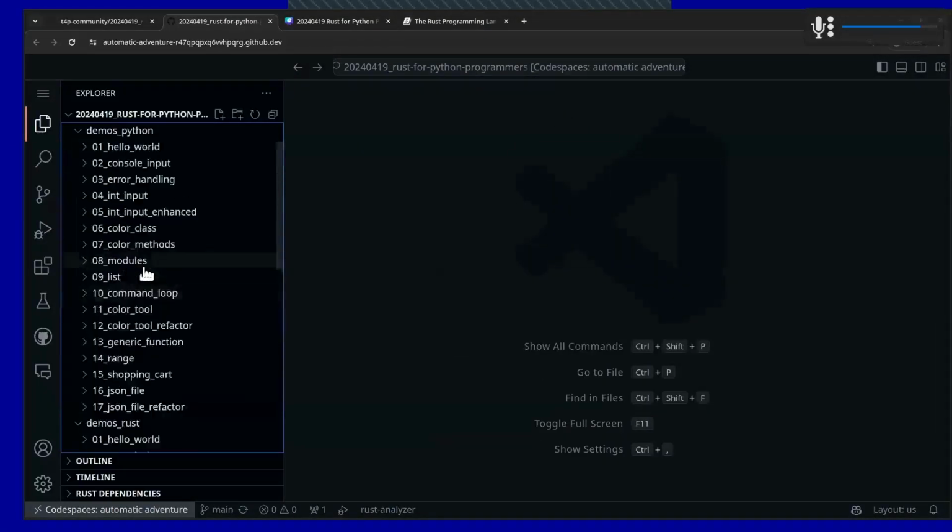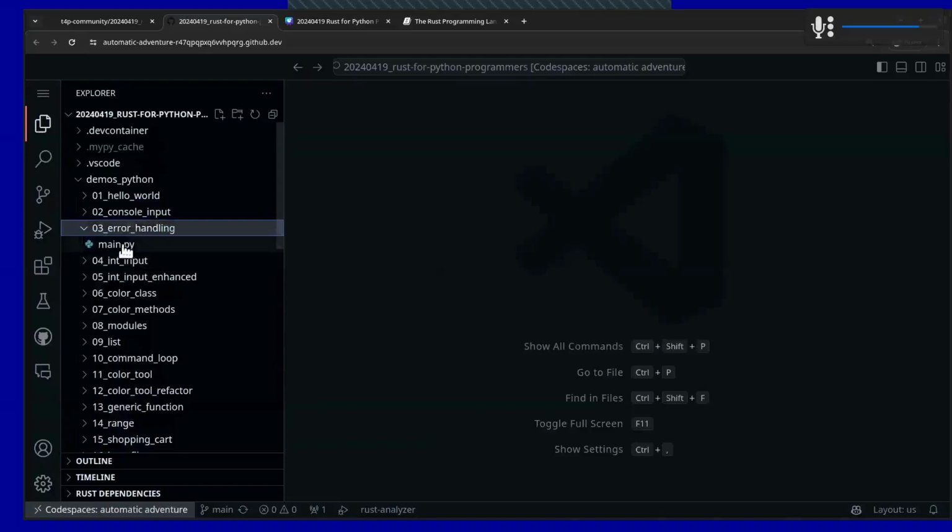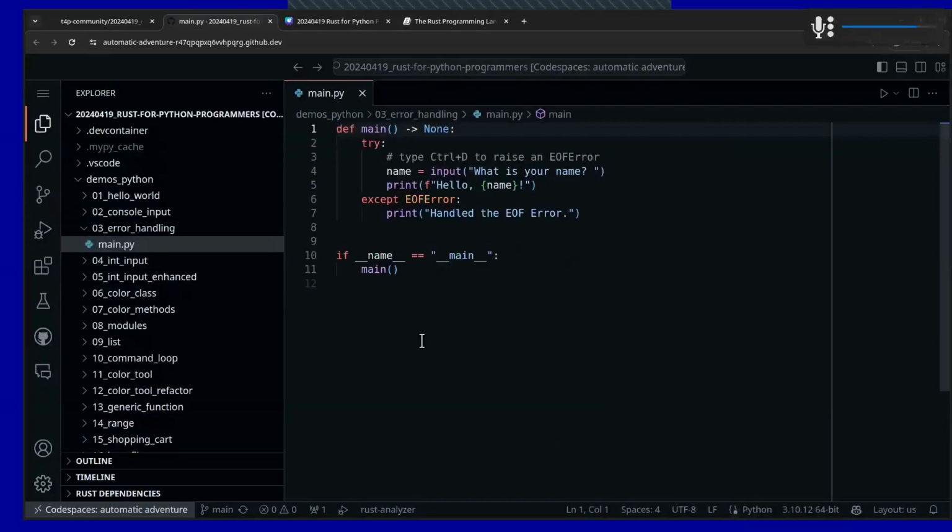Let's take a look at our next example. I actually wanted to do a quick discussion here on the error handling. The error handling won't be a big thing in the remaining demos because it does take up a lot of space in the code base and there's a lot of decisions you have to make, and I want to make sure we cover other features as well. But because the error handling is so important and kind of unique to Rust, I wanted to do a quick example of looking at some error handling in